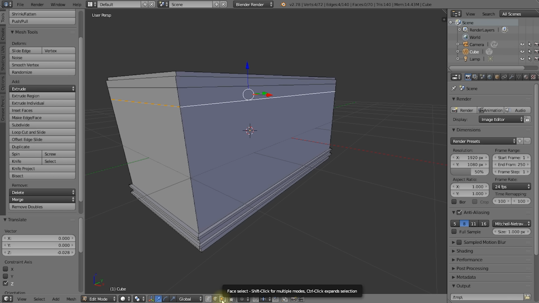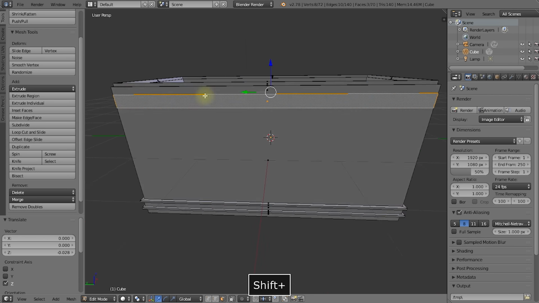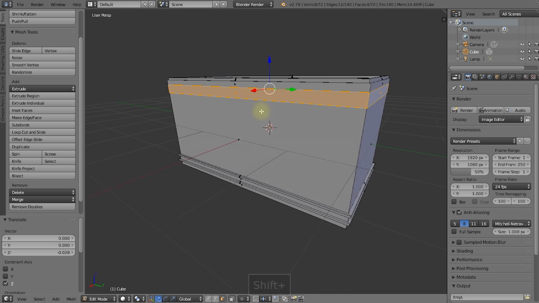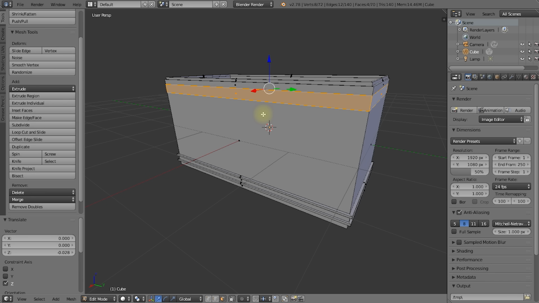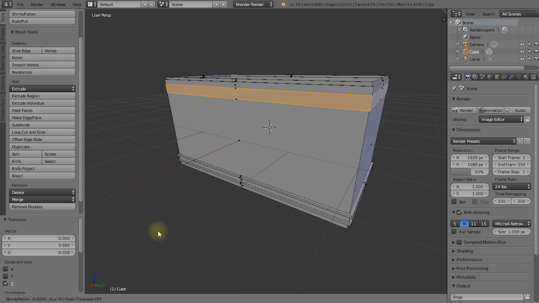I much prefer the shortcut keys, but I just want to get you comfortable with all of the ways to do things. There's always multiple ways to do the same thing in Blender. So let's return to face selection mode. And again, let's just select the faces around the top of our trunk. Again, we want to extrude this along the vertex normals, but this time we're going to go down to the header of the 3D viewport, select Mesh, extrude the region along the vertex normal,